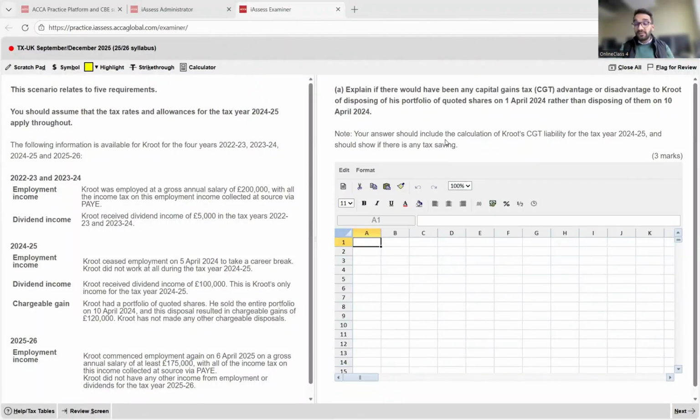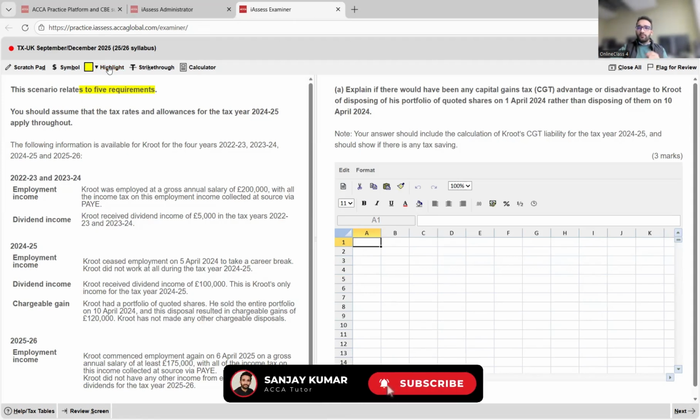Okay, now this is a very interesting question. We will be solving this 10 mark question. This 10 marks question is on tax planning and it has subparts. As you see, there are five requirements. The first requirement is about